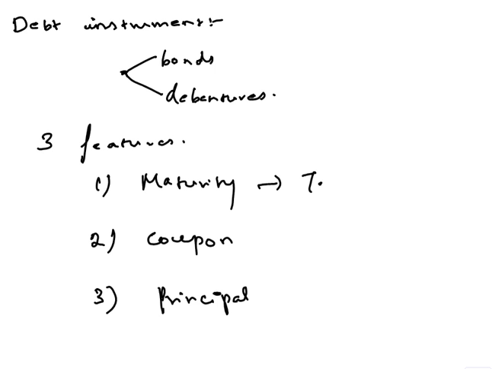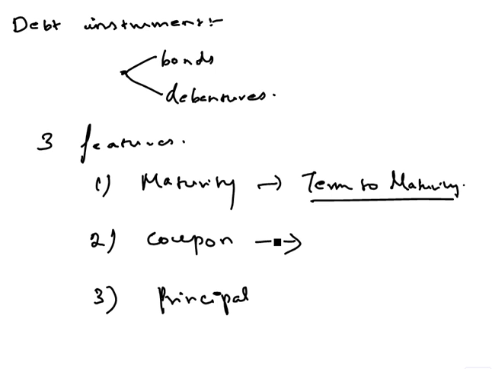So there is something called term to maturity. It refers to the number of years remaining for the bond to mature. So term to maturity changes from the date of issue of the bond until its maturity. Term to maturity of a bond can be calculated on any date as the distance between such a date and the date of maturity. It is also called the tenure of the bond.